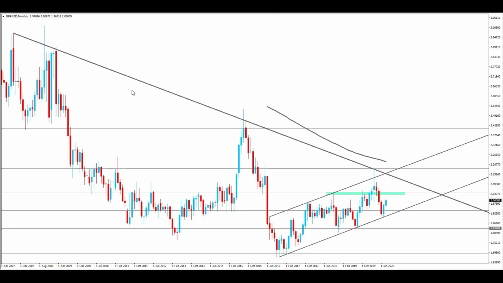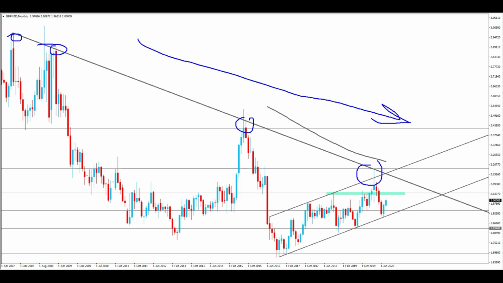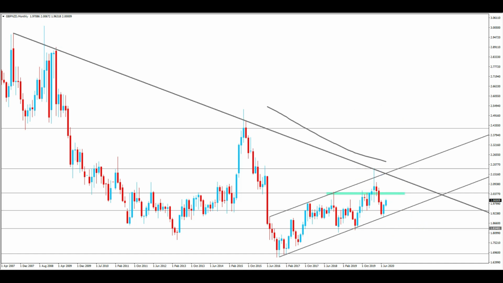As for the monthly chart, you still see that we're in that downward trend in the market. Price is making those lower highs and those lower lows. As you can see, we have those two touches there, a third and a fourth one there. This could be a case where price is going to go and test the monthly again before breaking out of that channel and moving to the downside,